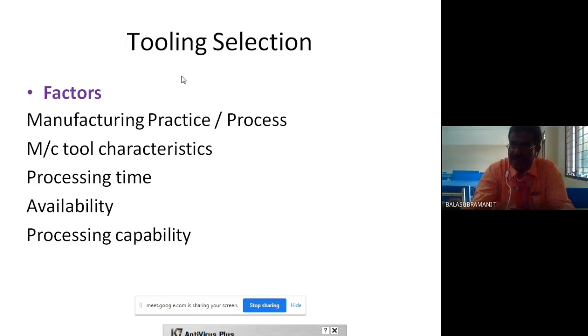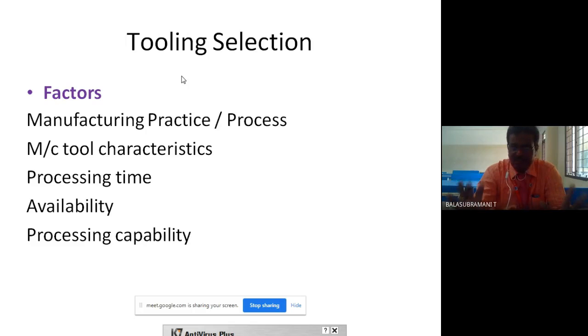Again you may grind the turning tool. So the grinding property should be considered in the selection of tool material. So for tool selection, manufacturing process, tool characteristics, physical characteristics, chemical characteristics or mechanical characteristics are also included